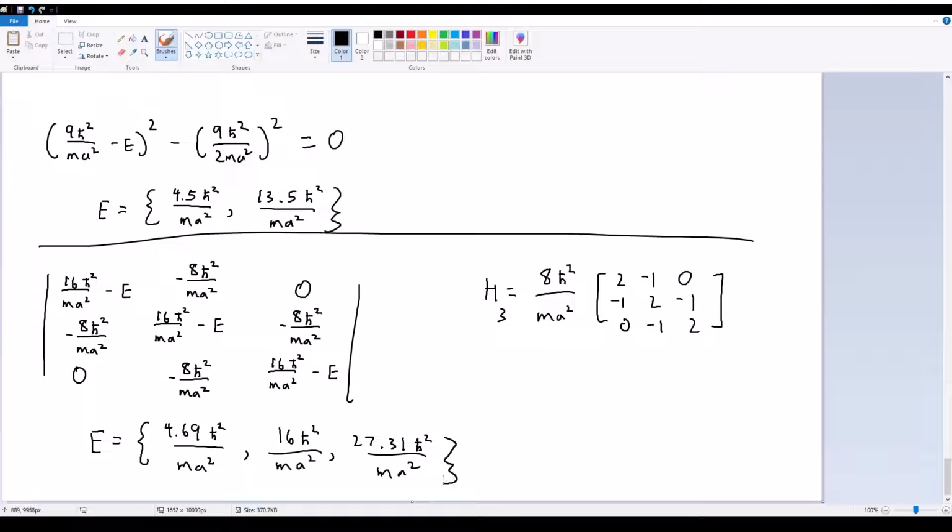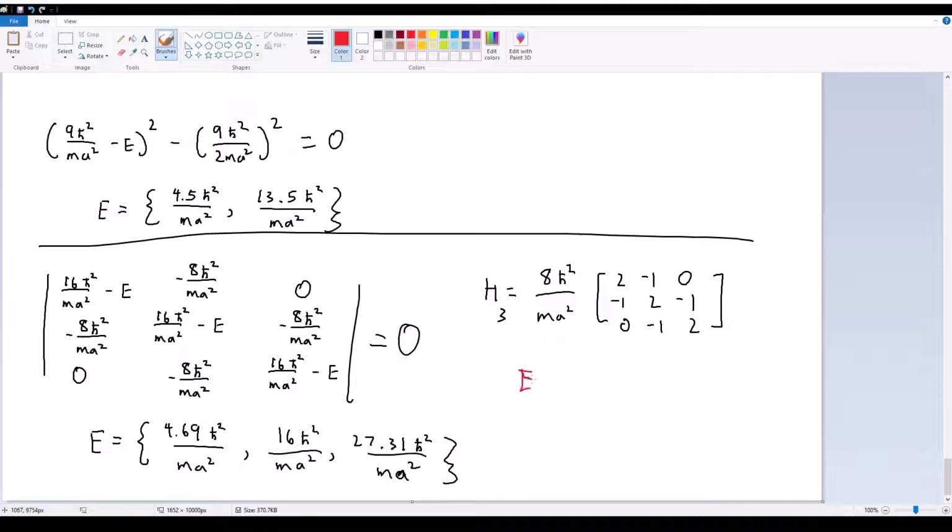So in this case, because we're finding a determinant, this also has to equal 0, so that's how you solve for e. Since this is a 3x3 determinant, you're going to get a polynomial in terms of e cubed. If you solve that, you're going to get 3 valid solutions for e, and these are your 3 valid solutions. Now, to compare, the actual valid energies, as solved mathematically way back at the start of the chapter, are